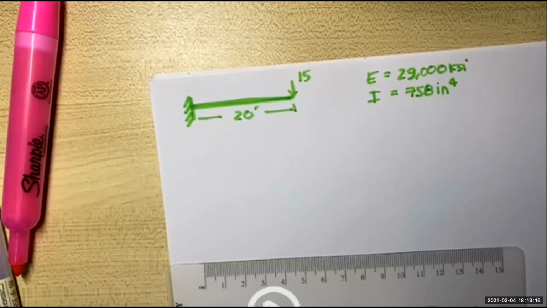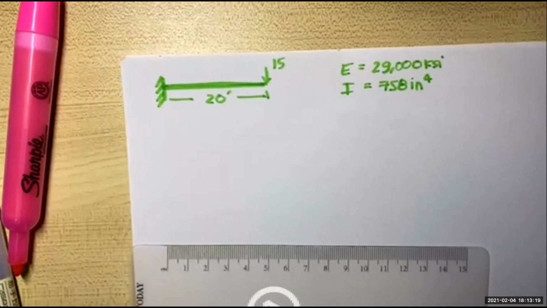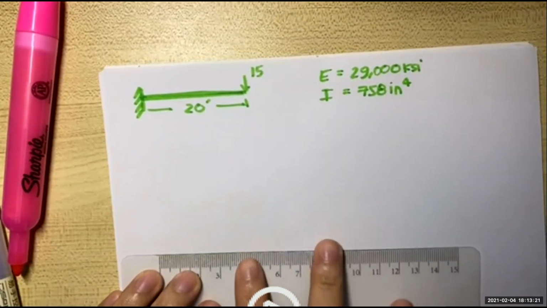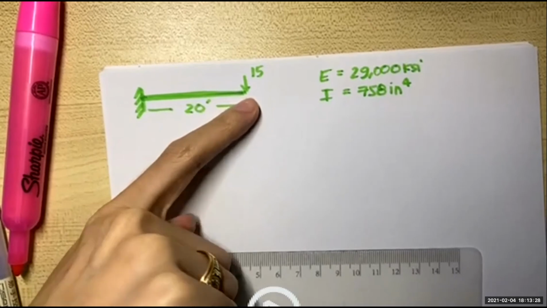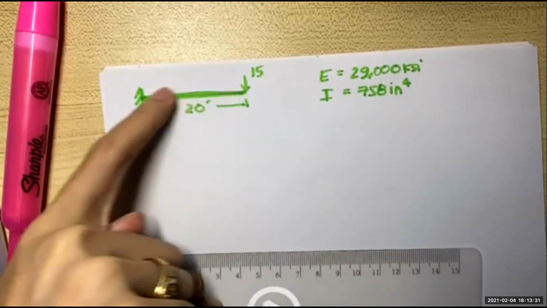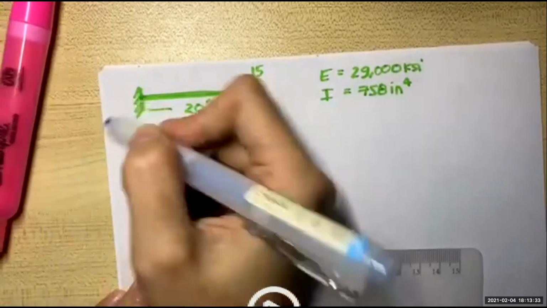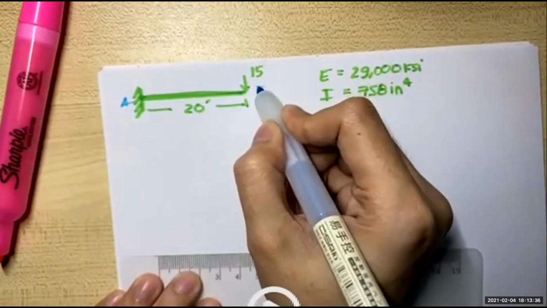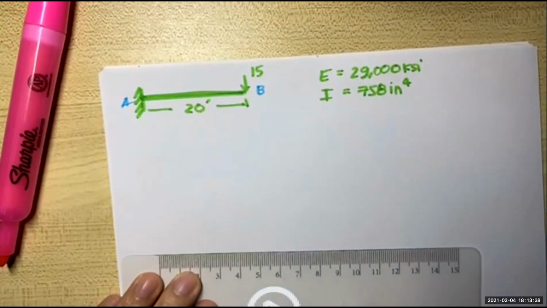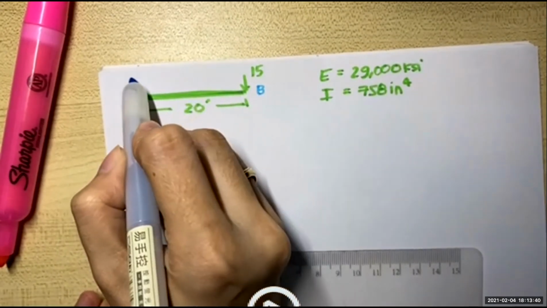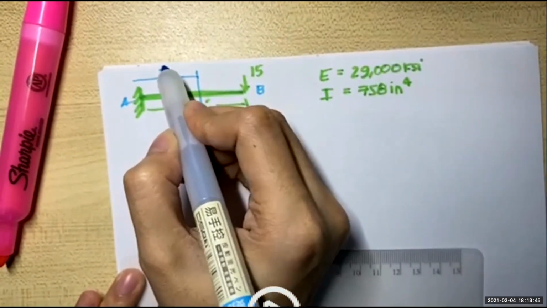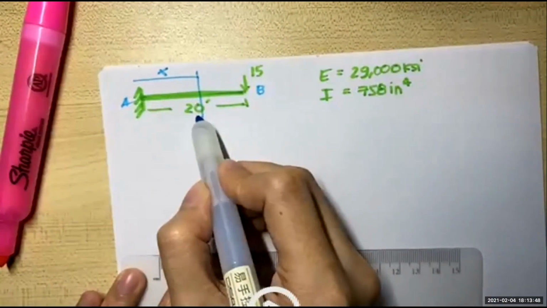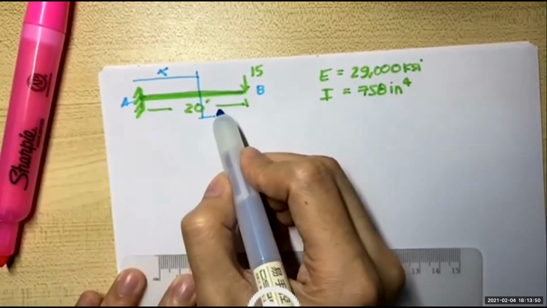Okay, so, ulitin na. Ang gagawin natin is we will get the general equation. Now, in this problem, again, unang-una, i-check nyo kung ilang segment ba. Now, here, since yung concentrated load mo is nasa free end naman, isang segment lang ulit siya. So, this is your A, this is your B. Now, cut natin siya into X. Diba? This is your X. Yung kabila, kung X to, this is 20 minus